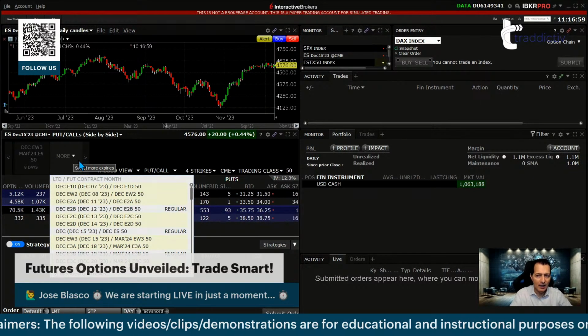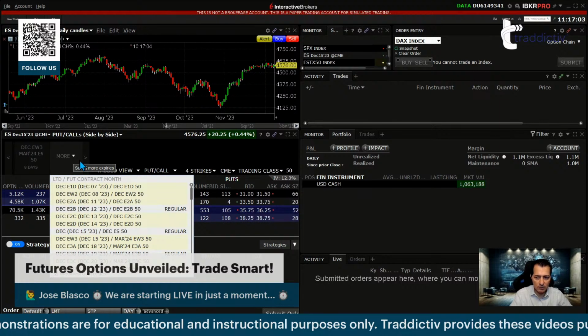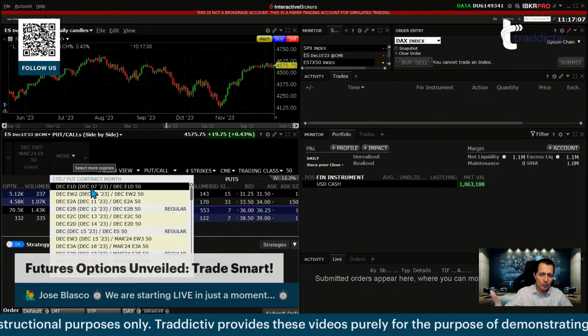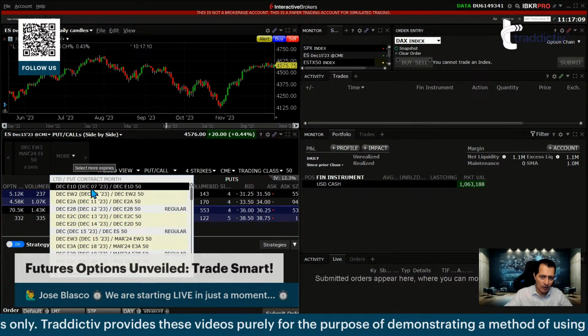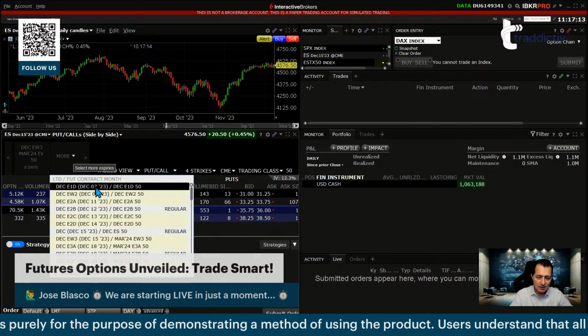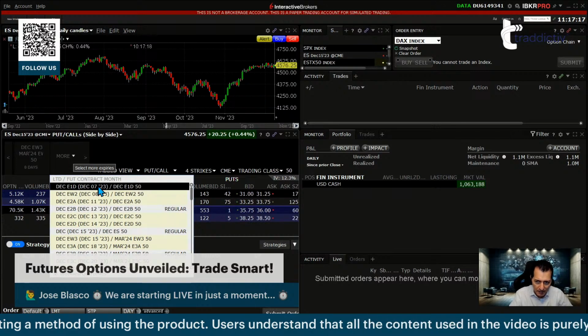Maybe you are doing a swing trade with options on futures, on the S&P futures. So nothing wrong with that. And then you maybe use an expiration date 30 days from now. No problem. But I'm going to go with the assumption of 0DTEs, 0 days to expiration, daily expiration options. Today is December 7th, so I'll pick December 7th.